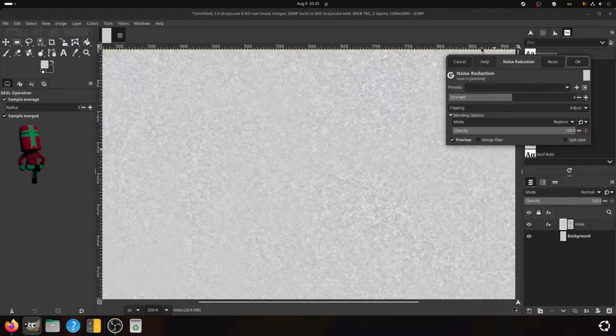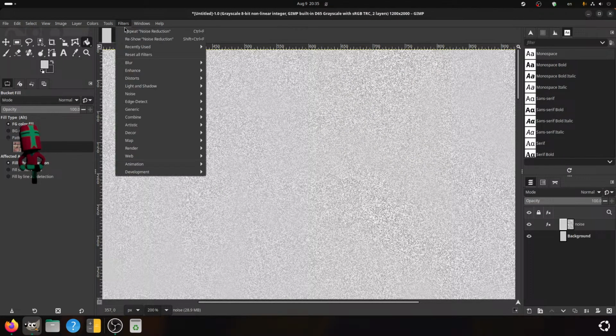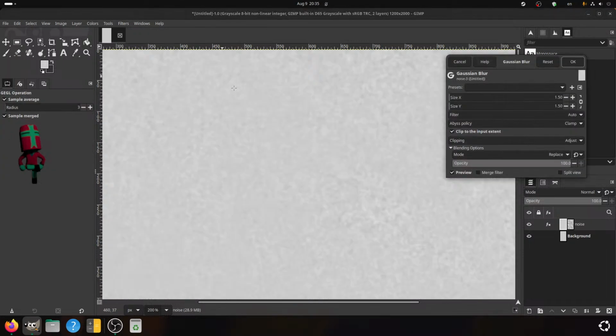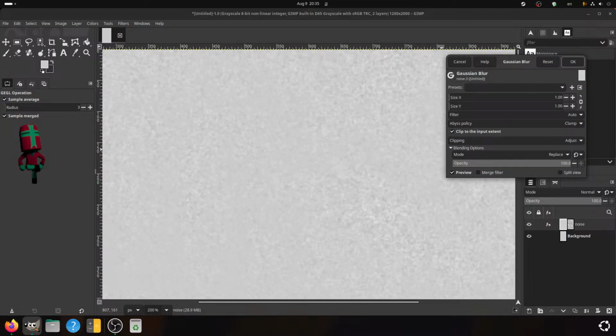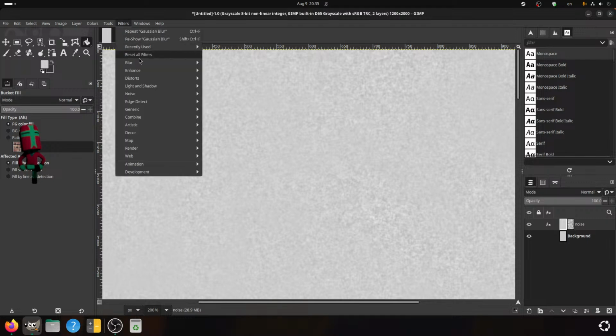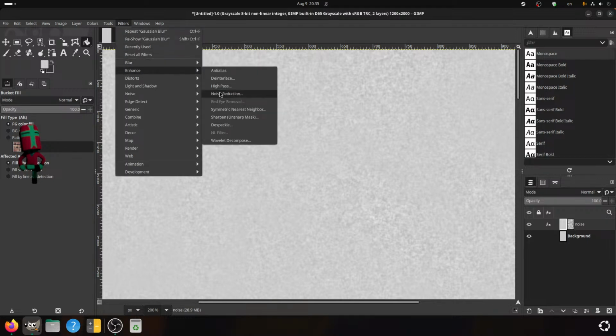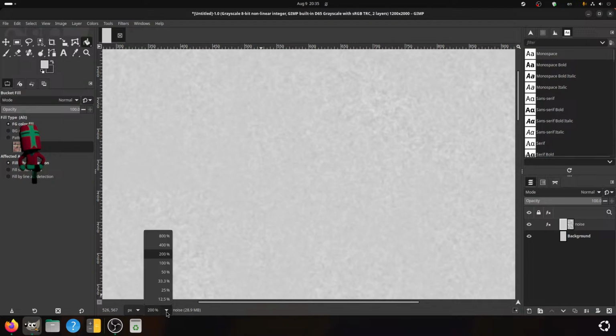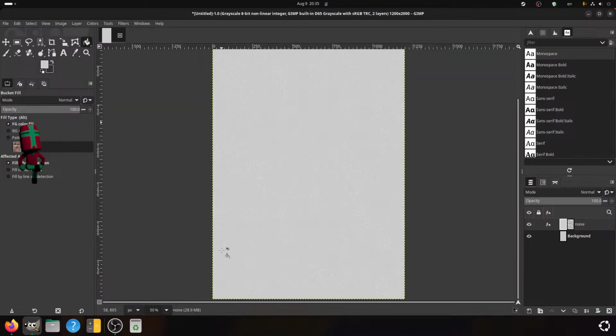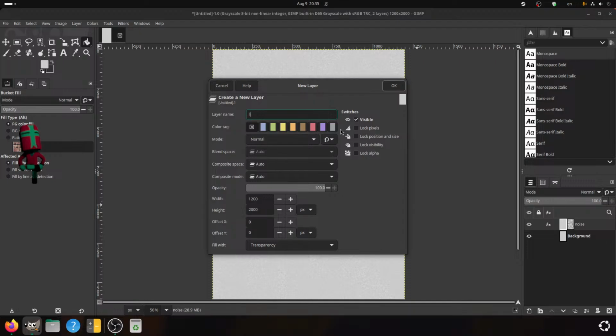Actually, this is not generating bad shapes, but I think I am still going to do a slight Gaussian blur, followed by noise reduction. Right, and then can put in some lines.